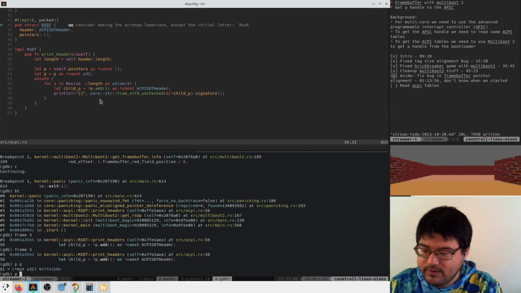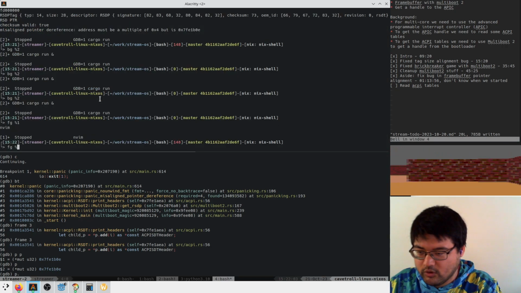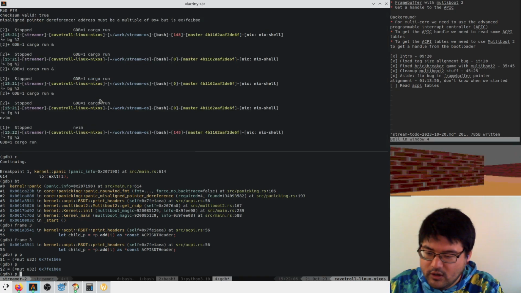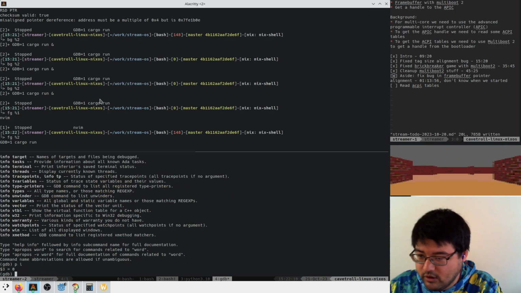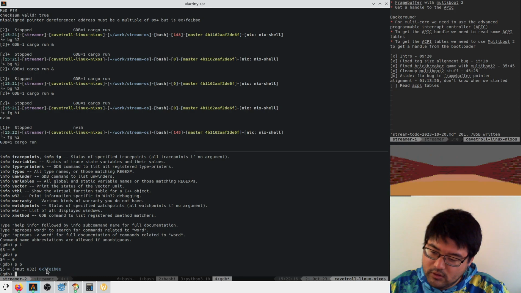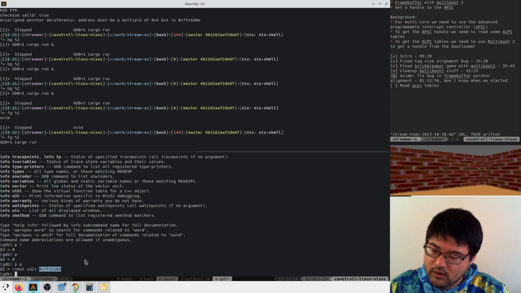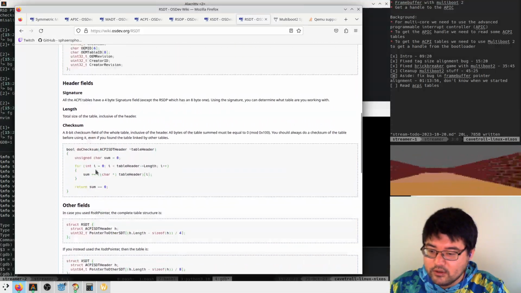Okay, so let's see. We have p dot, sorry, I have to foreground %2, so this will work. What's I here? I is 0. P is this. Whoa. Oops. Okay. So already this doesn't look right.